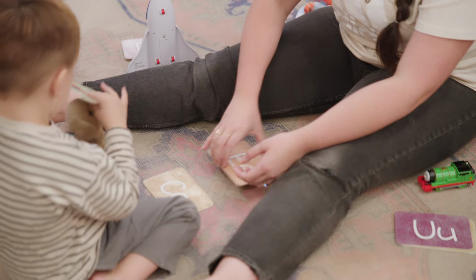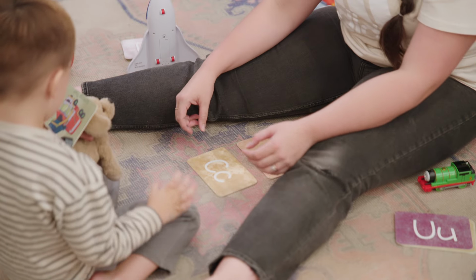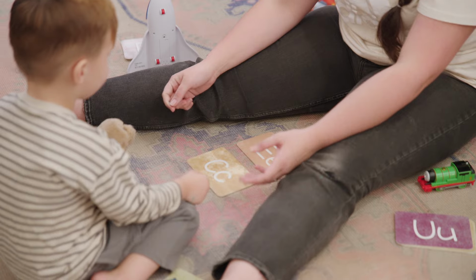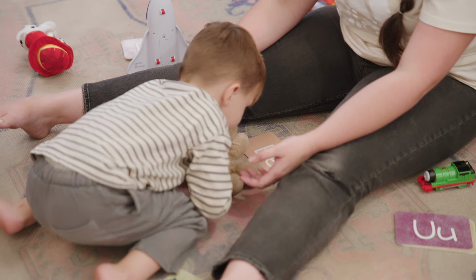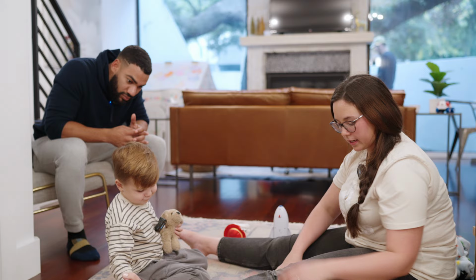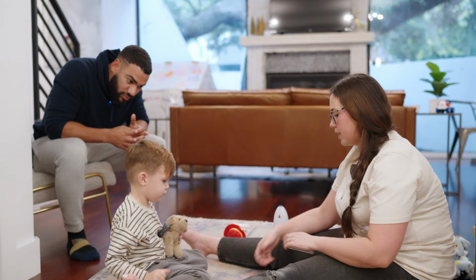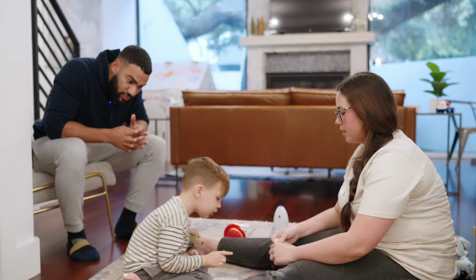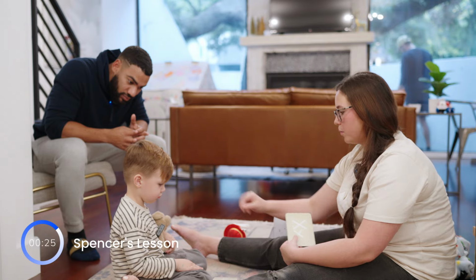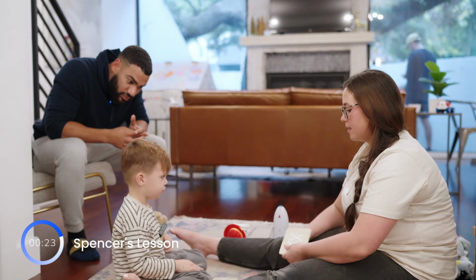All right, put puppy on the sound that says k. Yep, put your card beside you. Okay, the sound that says k. All right, take it away. Can you put it over there? Thank you. Now, the sound that says. Mom, I want to do one now. Okay, do all of these and then we'll do one. The sound that says